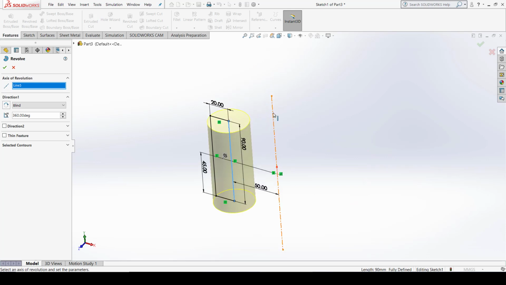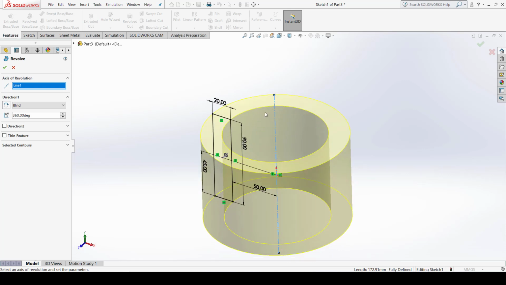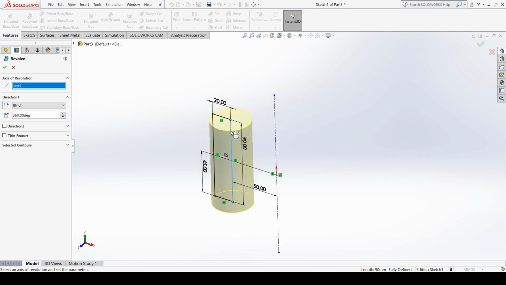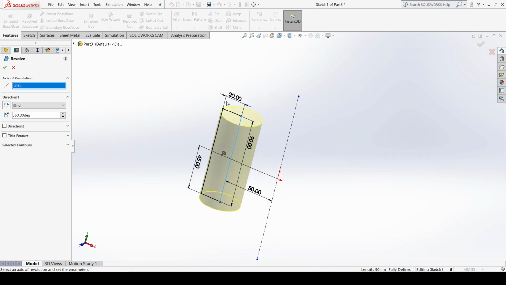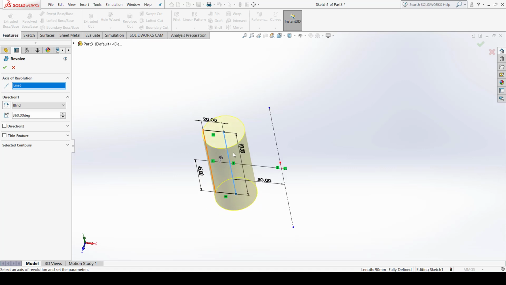When I select this line as an axis of rotation, you can see the cylinder becomes hollow and it has internal as well as external diameter. But when I select this edge as the axis of revolution, the cylinder is made with the help of the rectangle by the revolve boss command, having the axis as an edge of the rectangle, and this cylinder is solid in character.